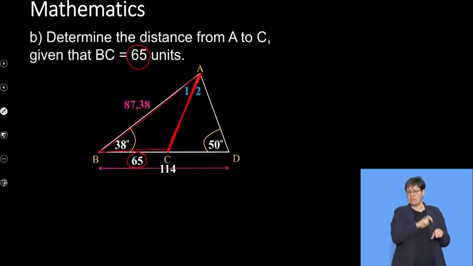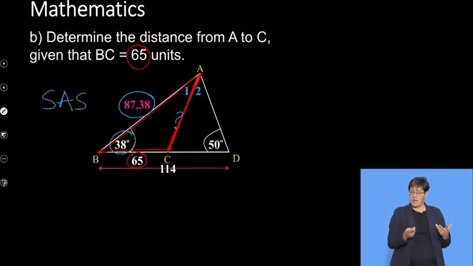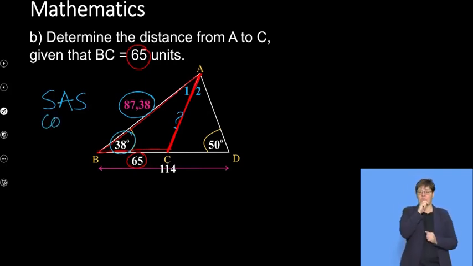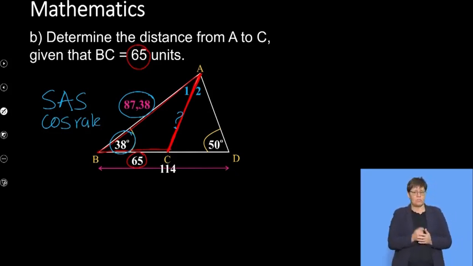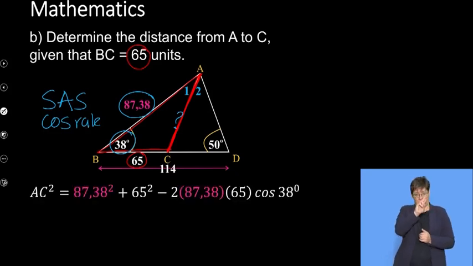Okay, let's look at what they need from us again. They want us to calculate this side, and what do we have? We've got no full pair, but we've got a side, included angle, and a side. So we have side, angle, side, and it's the included angle, so therefore we're going to be using the cos rule. And how will we use the cos rule for this one here? Easy, we want to find AC squared. So we're going to say AC squared is equal to, and we're going to start off by